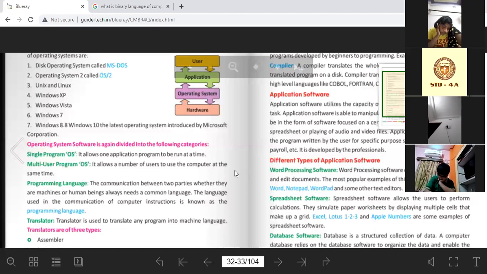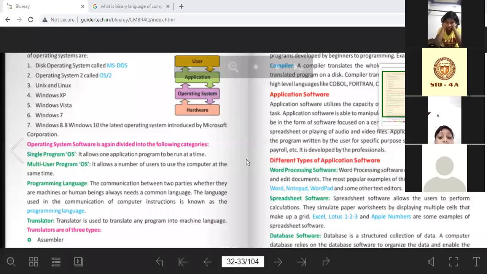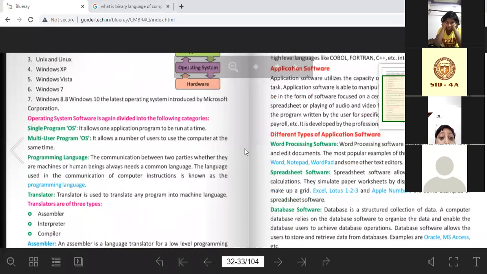Students, when we send you some study material, जब हम आपको study material भेजते हैं, that comes in the PDF form. So first we need to type it in the Word form, मतलब MS Word. We need to type it in MS Word. So word processing software helps the users to write any type of documents, or to edit the document wherever the changes are required.